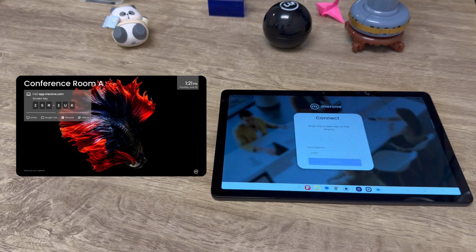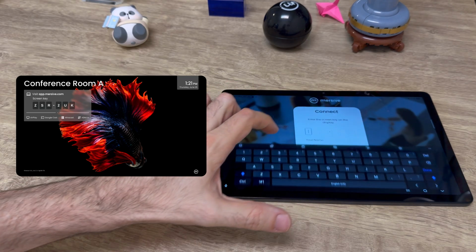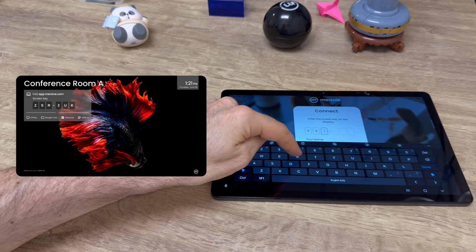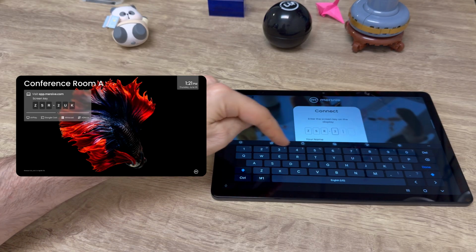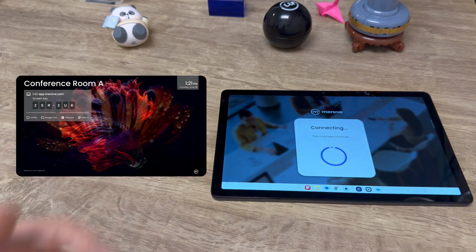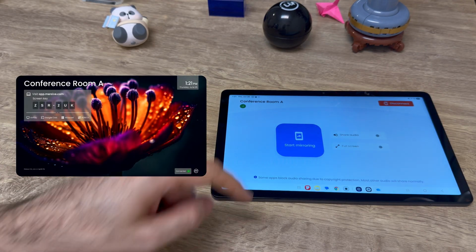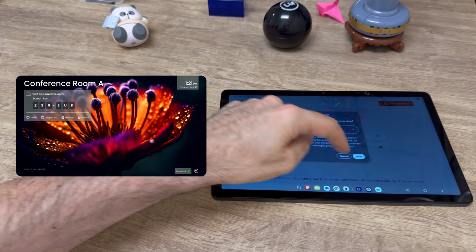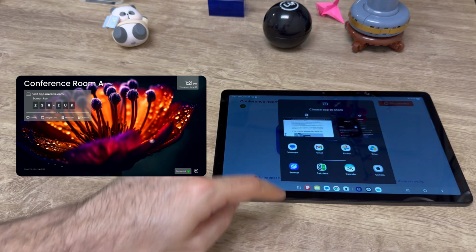And sharing from a tablet has a very similar flow as we saw on the phone. I'm going to be sharing from an Android tablet now, and from the Connect screen, I'm just going to enter in the screen key. And one thing that's cool about Android is that you can share a specific app or mirror your whole screen. It just depends on your model. So I'm going to hit start mirroring, let it go to stay on share one app, tap next, and let's share Chrome.